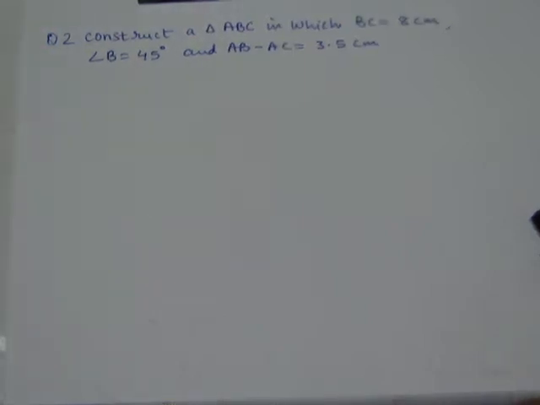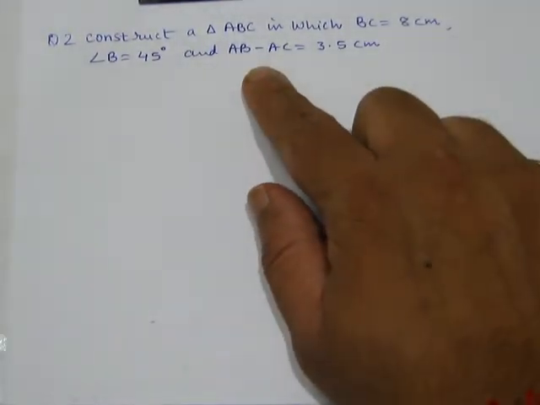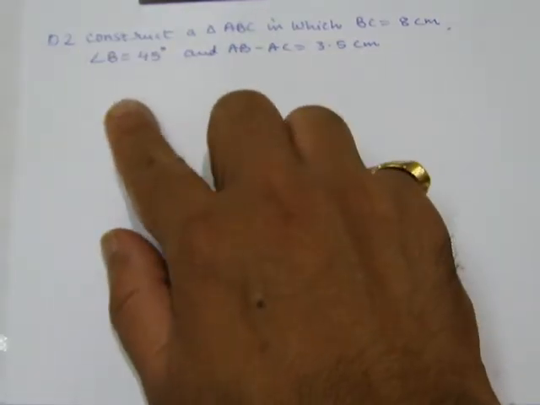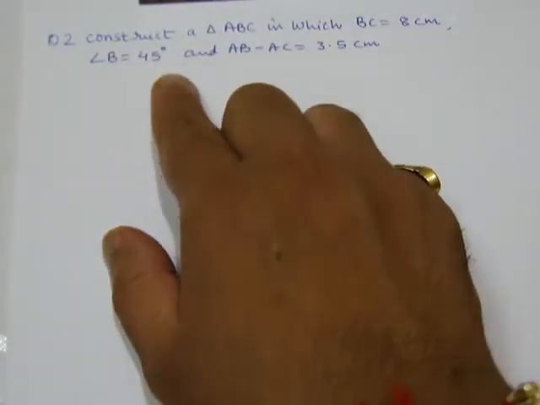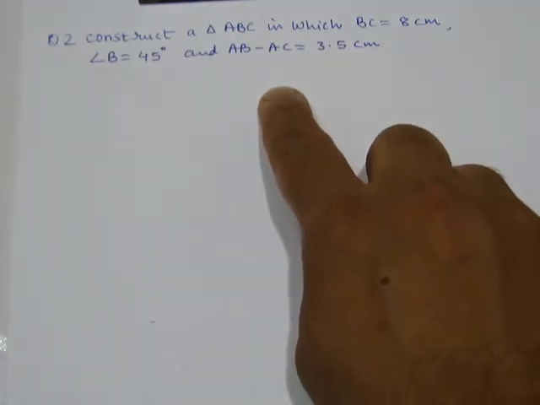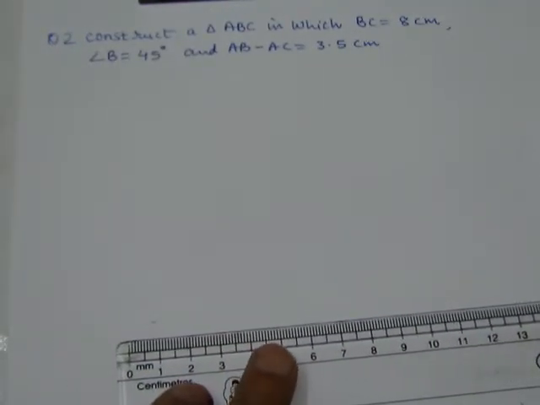Morning students, today we will do a construction of a triangle when its base, base angle and the difference of the other two sides are given. In the given question, we have to construct a triangle ABC in which the base is 8 centimeter, the base angle is 45 degree, and the difference of the other two sides, that is AB minus AC, is 3.5 centimeter. Now first of all, we will draw a line segment of 8 centimeter